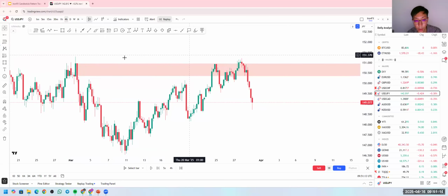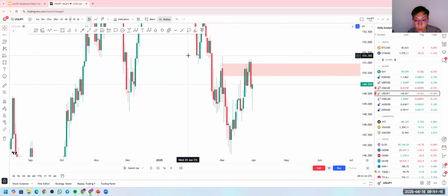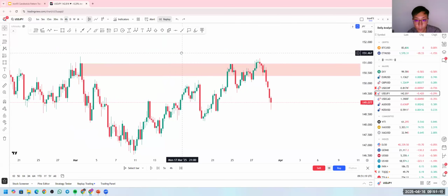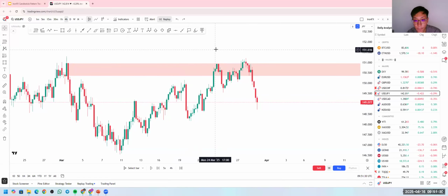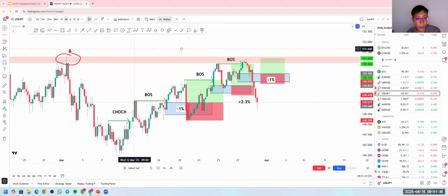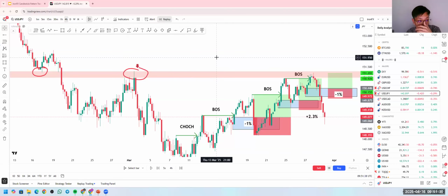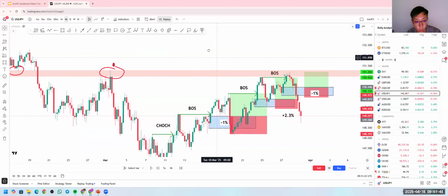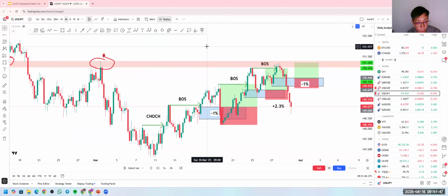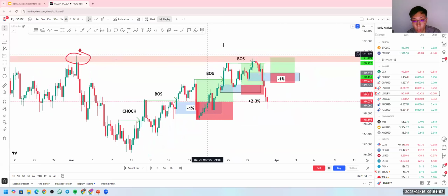Is it like this? What you mean is if I were to go to daily... don't look nice. Is this what you mean? Right? Using this OB, or which one? Something like that. Okay. Because for me, OBs work very well together with fair value gaps, right? You cannot use OB itself and be too over-reliant on order blocks.